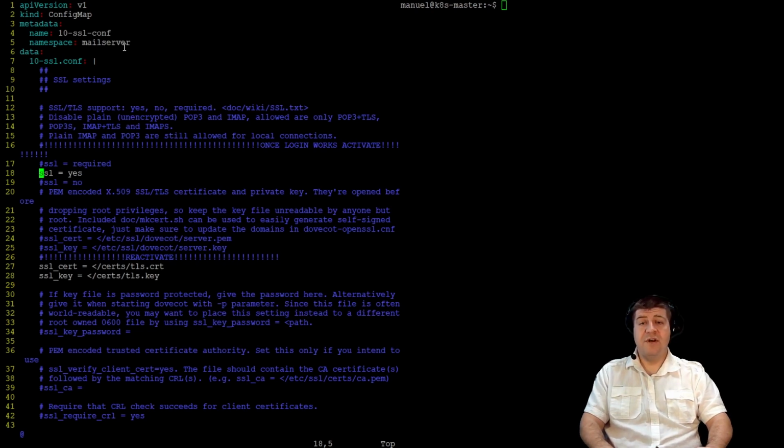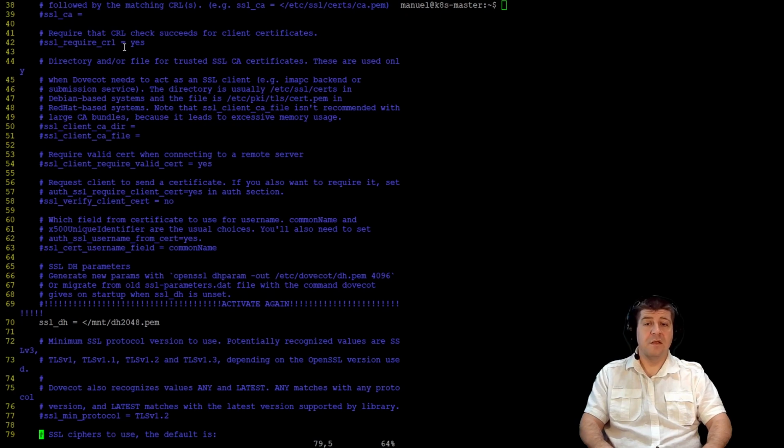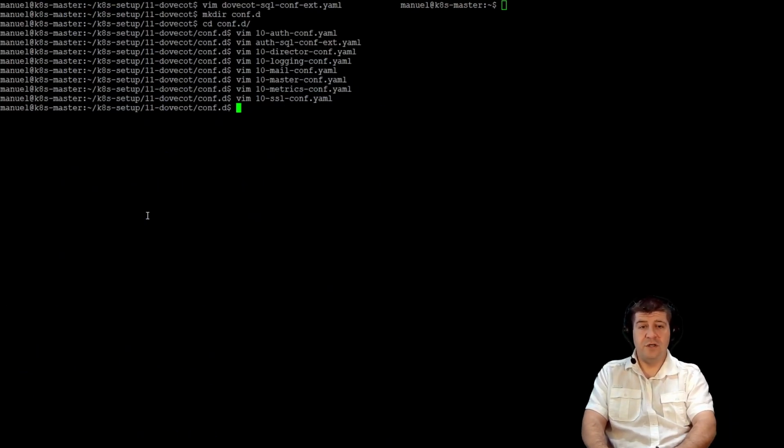As the secret already exists in our namespace, all we have to do is mount the TLS cert and TLS key in our deployment, which I will highlight when we walk through the deployment in video 3 of the Dovecot implementation. I also use the Diffie-Hellman certificate, which I define in line 70. Those are all the changes to the file, so we can write and quit and move on to the next file, which is 15